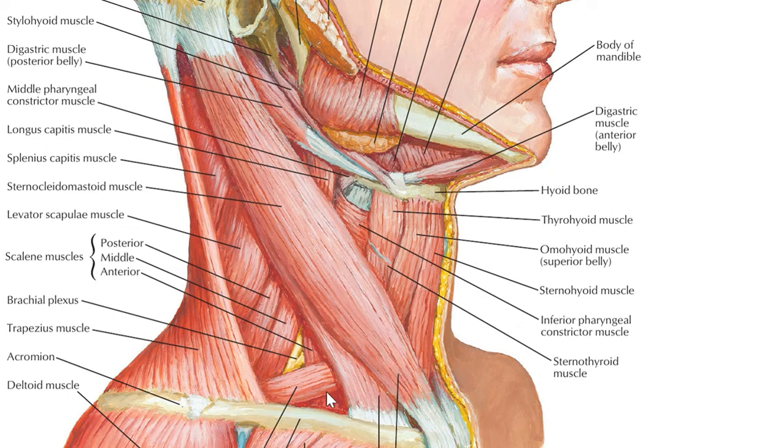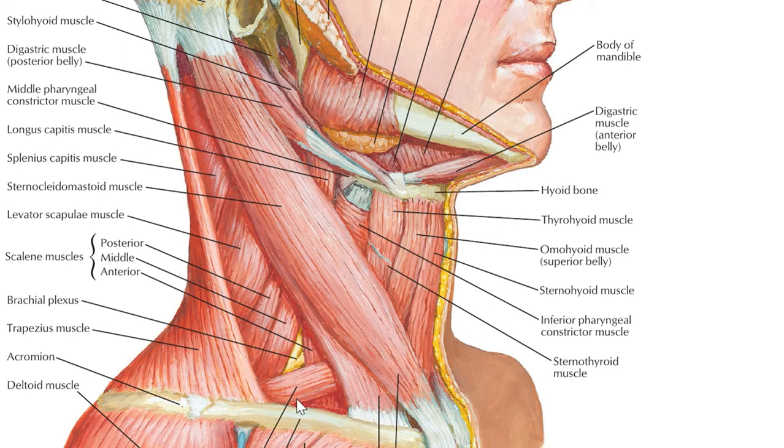It has got another name. It is called the subclavian triangle. Why? Because the subclavian artery, its third part, is lying deep within this triangle. It is also called the supraclavicular triangle because it is present just above the clavicle. So the boundaries of the omoclavicular or supraclavicular triangle are